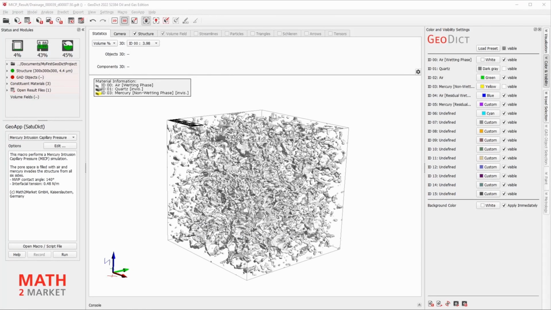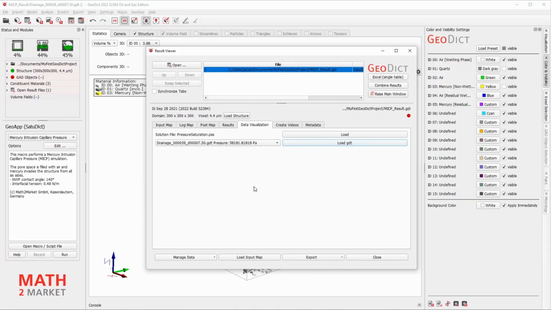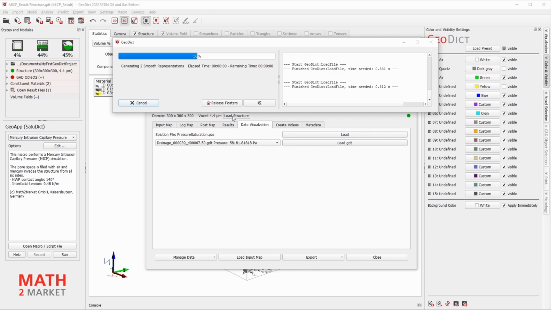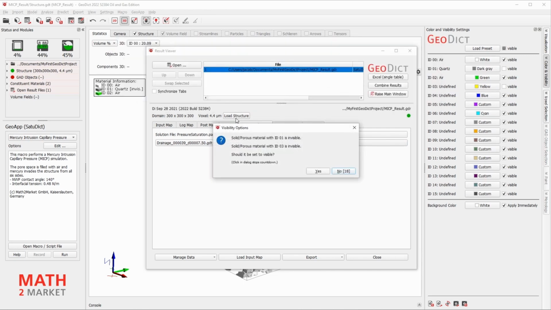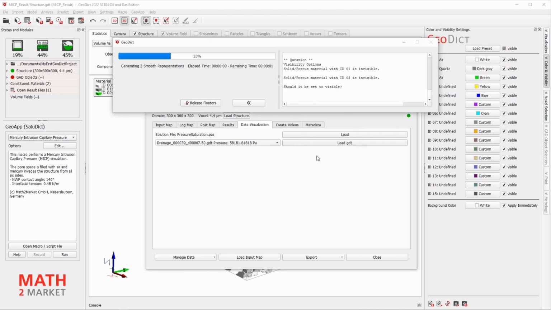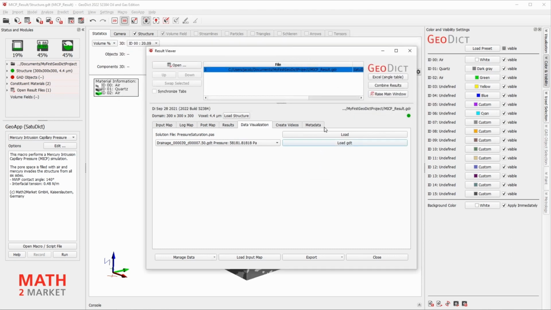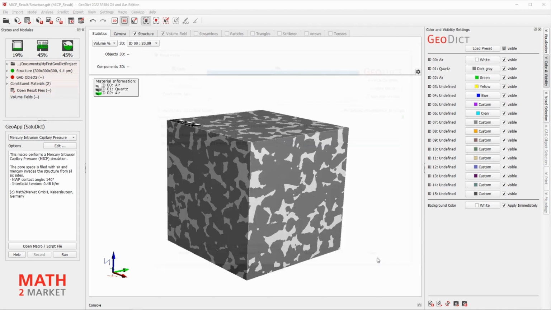To perform the next drainage simulation, please maximize the result viewer and load the original structure. Close the result viewer of the MICP GeoApp.